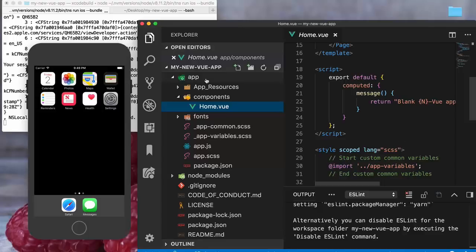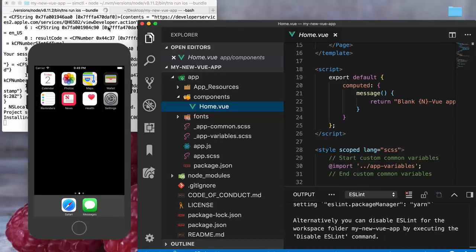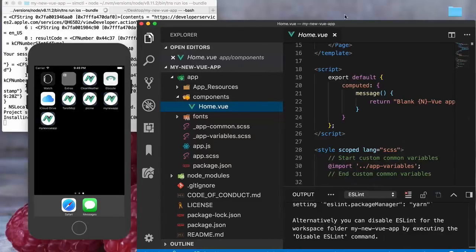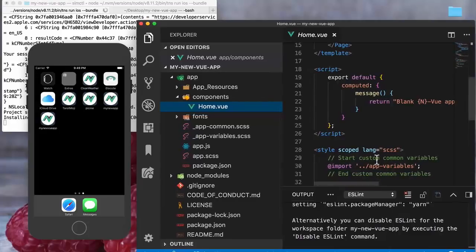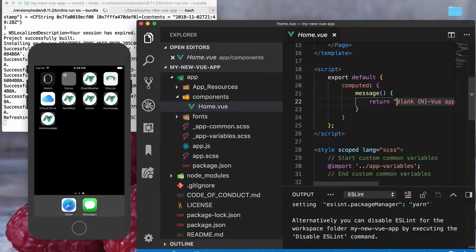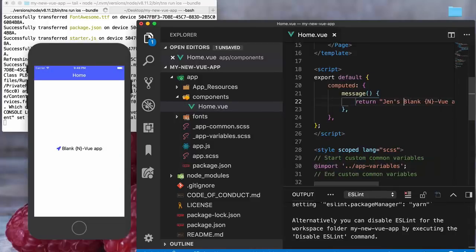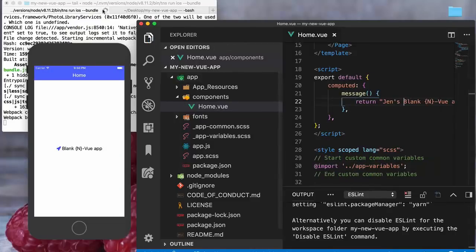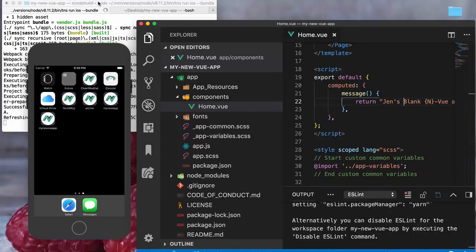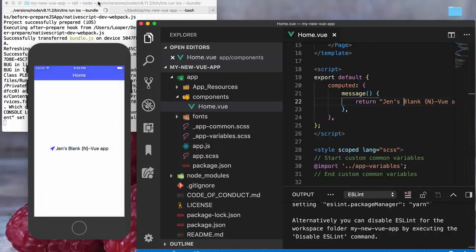And I'm going to go ahead and make some changes to that message so that you can see how live sync is working within my NativeScript Vue app. So I scaffolded out a nice app here. I'm going to go ahead and open it in the emulator. I'm going to make a quick change here to the message that's being returned in the computed property. It's going to do a rebuild here. Notice I didn't do any kind of fancy HMR stuff. We'll take a look at that another day. But here we are, and you can see that we've built a very nice basic NativeScript Vue app